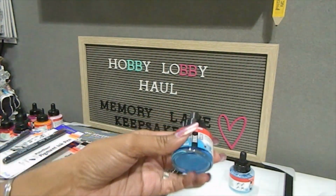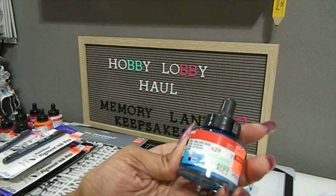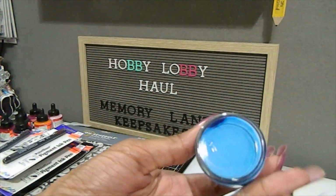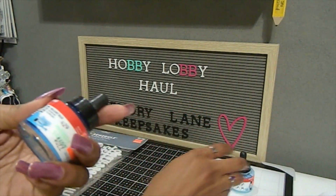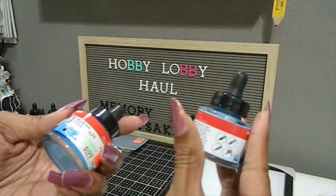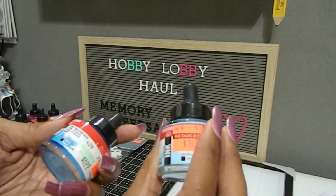Okay, so my next one that I have is this one right here. This one is called Brilliant Blue, and that's what that one looks like. And the number on this one is 564. And then I also have this one right here, which is called,